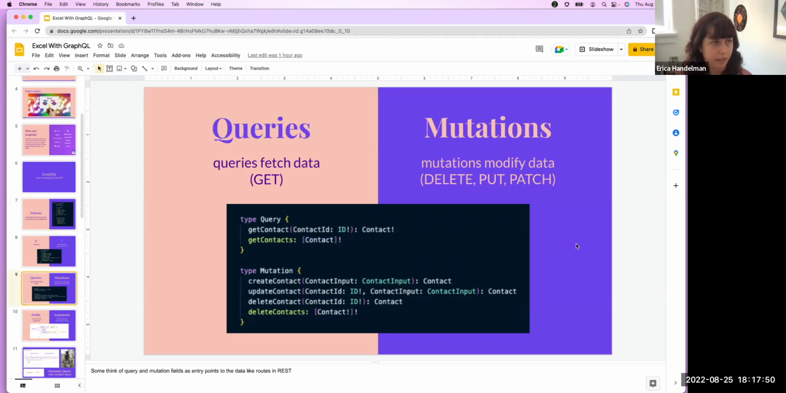On the mutation side, that describes what you would call in REST a delete, put, or patch. Patch, also sometimes referred to as update. So that is how we modify data through a GraphQL schema. And I have some examples in my mutation type of some of the typical operations that you might see listed